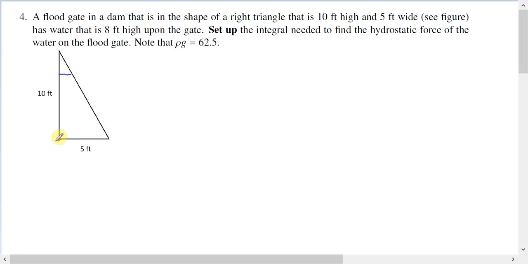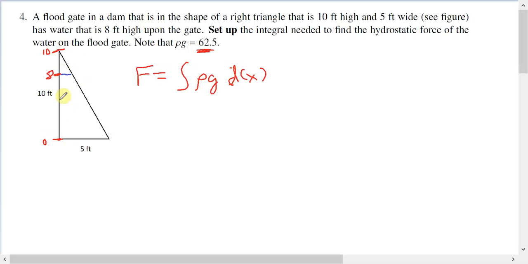I'm going to go ahead and put it down here at the bottom of that floodgate. So that'll be 0. This will be the top of the dam, that's 10. And this is at 8, which is where the water is. And so I know that to find that force, it's the integral of rho g, which is 62.5, and then I know it's equal to the depth